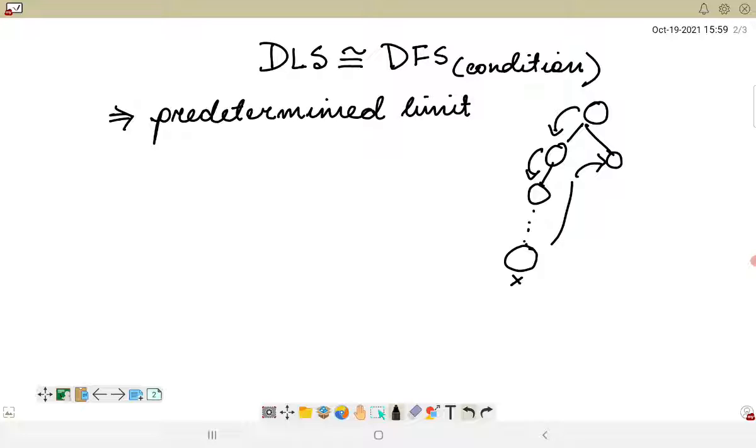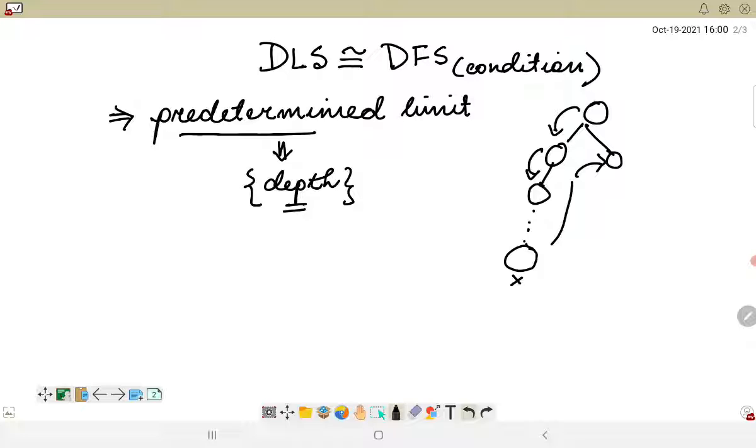However, here in depth limited search, we will be introducing a predetermined limit. That means that limit will be in terms of depth which will be associated with the search. That means up till this particular depth only the search will be possible along one direction. So this depth limited search can solve the drawbacks of infinite path in depth first search, which we observed that the depth first search